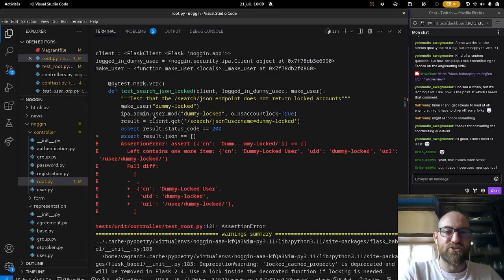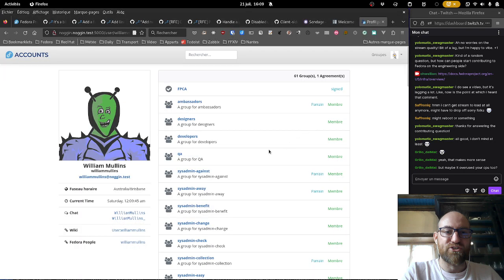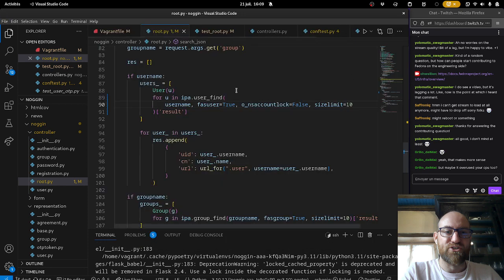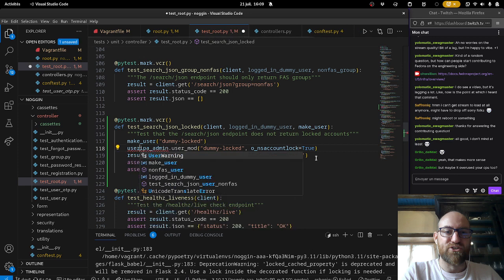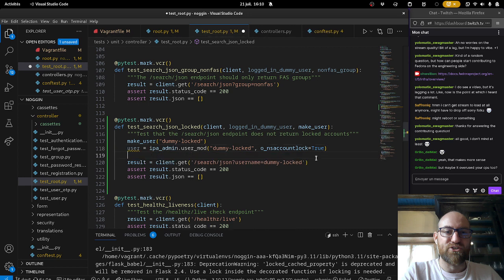Let's check if the user is actually disabled. Okay. Where is it? Oh yeah, of course, that takes all the screen space. So I get a user from there. Let's see if the user is actually disabled.